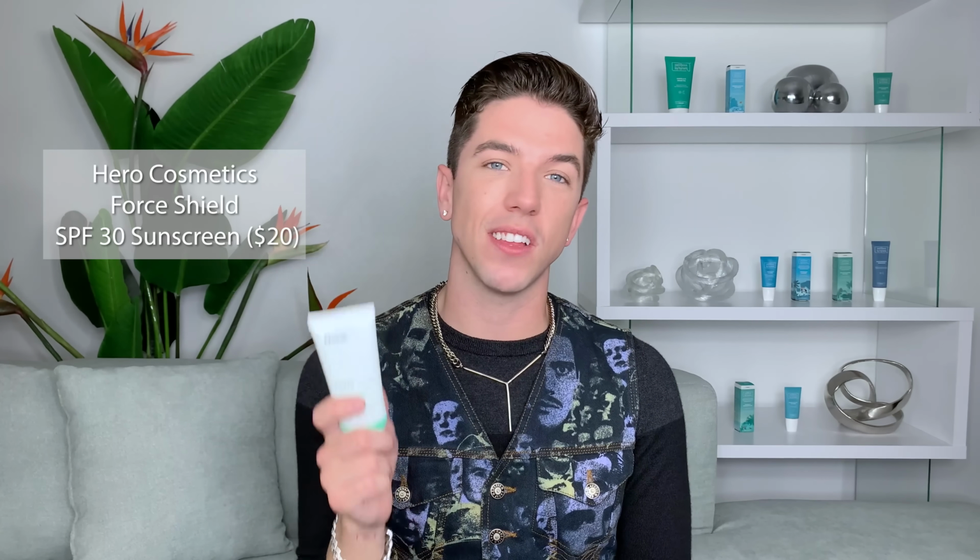It is the Hero Cosmetics Force Shield SPF 30 sunscreen. I am truly blown away by this one. I have no words. This has to be one of the best sunscreens I have ever used in my life. It has a slight, almost green pigment to it, which I really like because it almost offsets the redness in your skin. It's like a gel cream. I don't know how to describe it. It's a very unique consistency, but the reasons I have it at the top of this list are, first, the